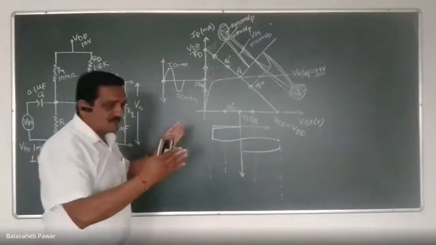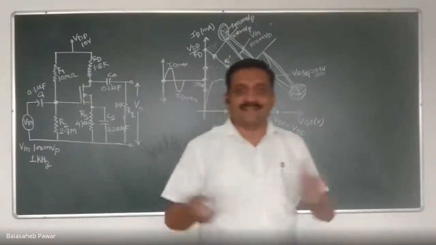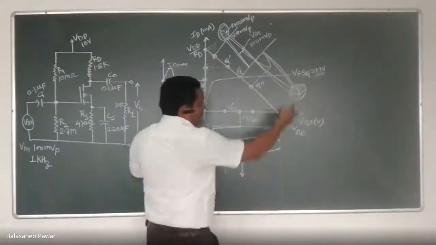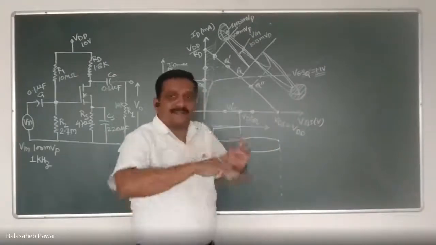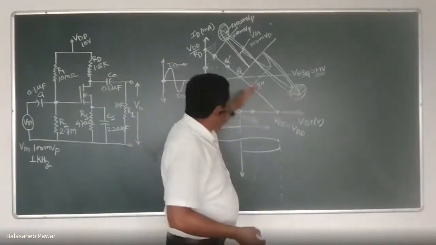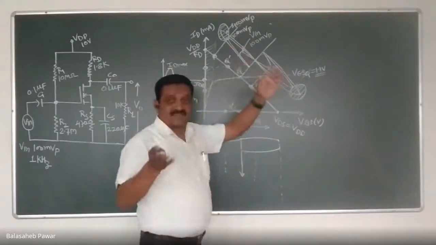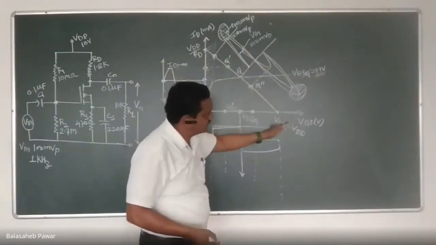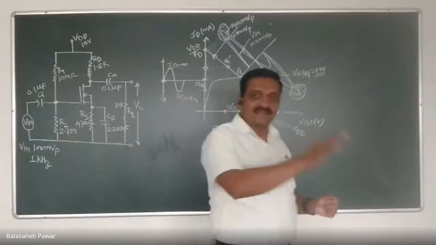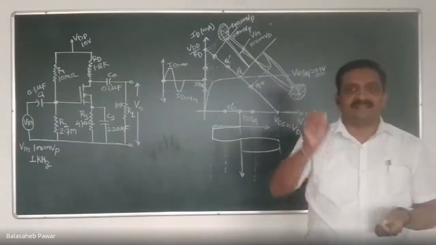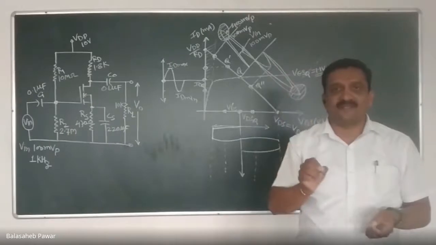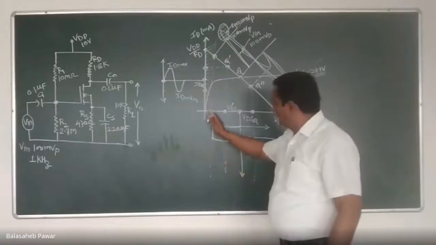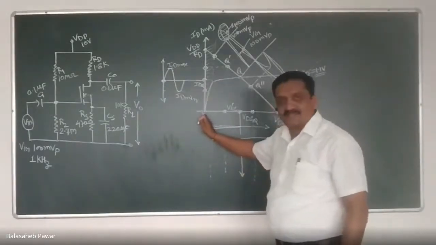Right? So what nature of output are we getting? The output gets clipped off from both sides, right? So this much information of the input signal gets lost. It does not get amplified, because during the positive half of that large input signal, the transistor enters its ohmic region, and during the negative half of the input, the transistor enters its cutoff region. Whenever the transistor enters its ohmic region, it acts as an almost zero resistive path, and hence the drop across that transistor is almost 0 volts. See, it will be closer to that zero origin, right?